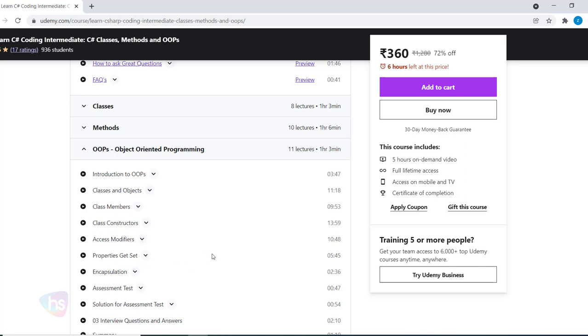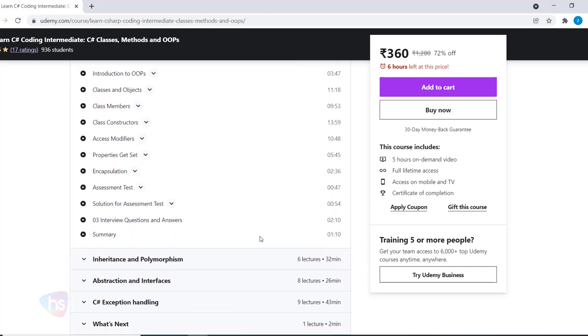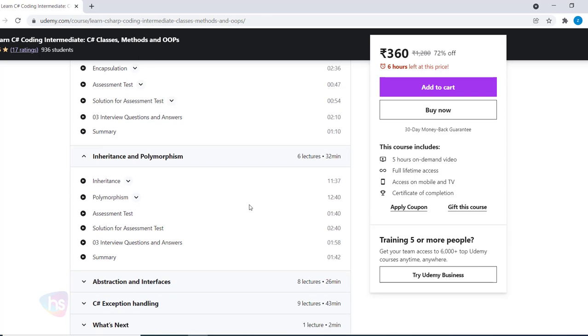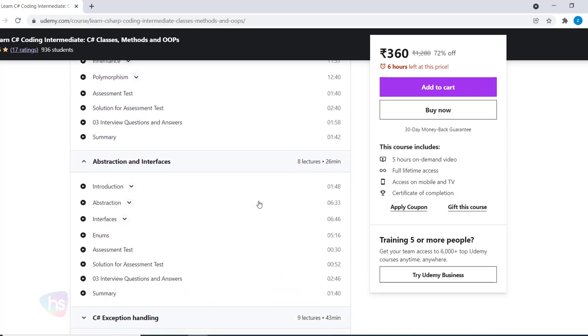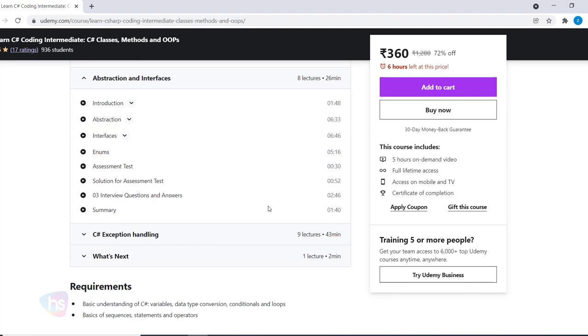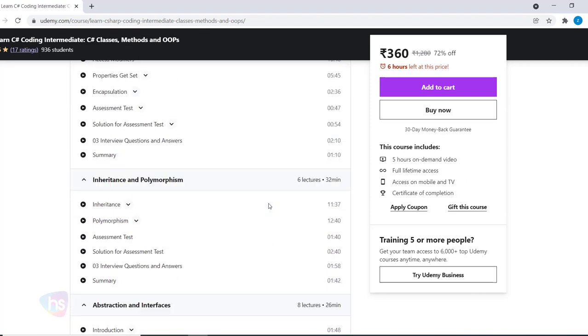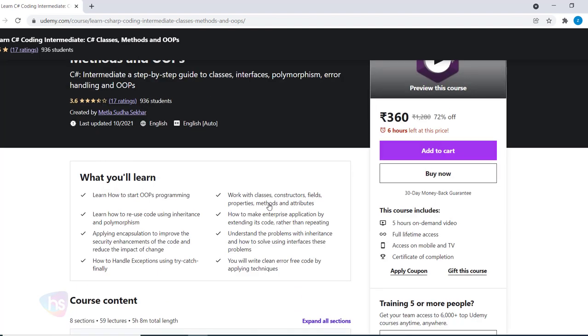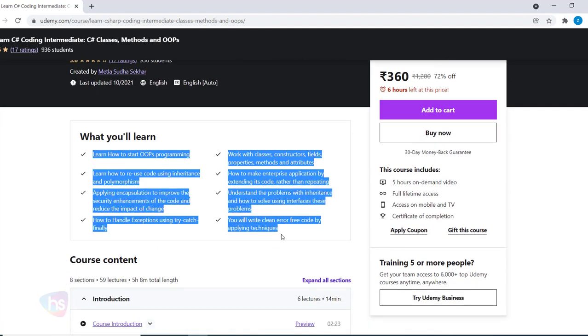What are access modifiers, and how they are an added advantage for securing the project and coding levels; properties, get and set methods, encapsulation, inheritance and polymorphism. Similarly, abstraction and interfaces, which are majorly important in C# or any programming language. So you will learn very detailed real-world examples, including all the options which are available in this